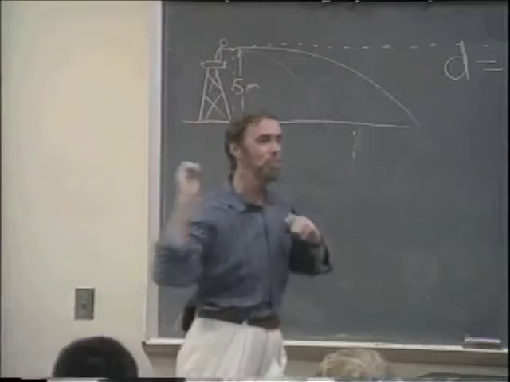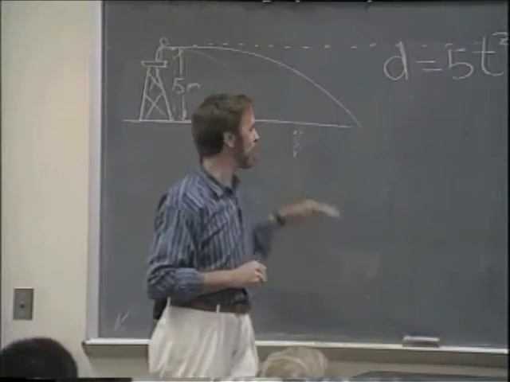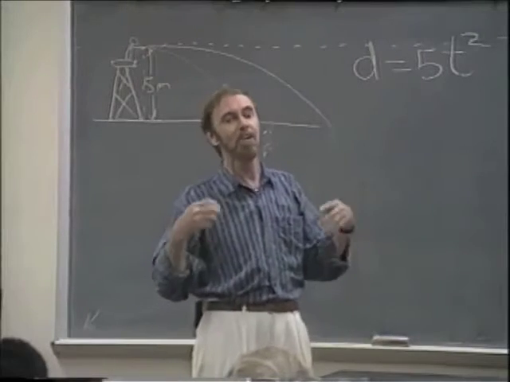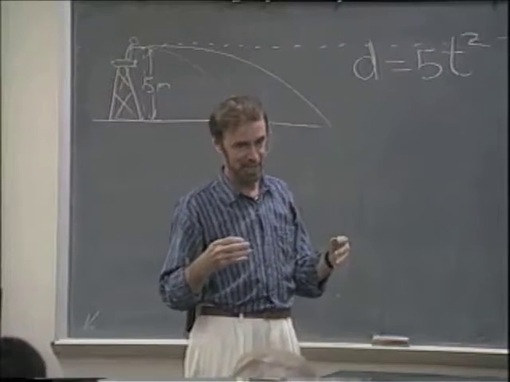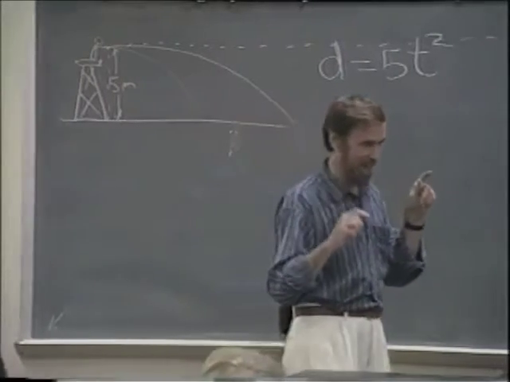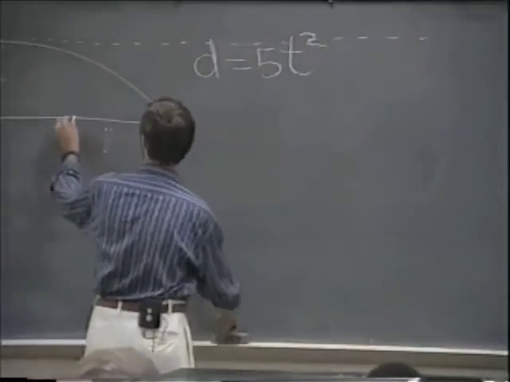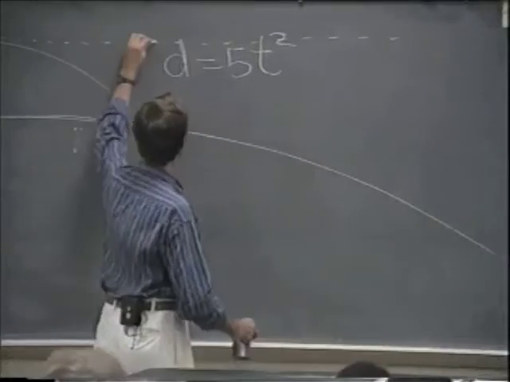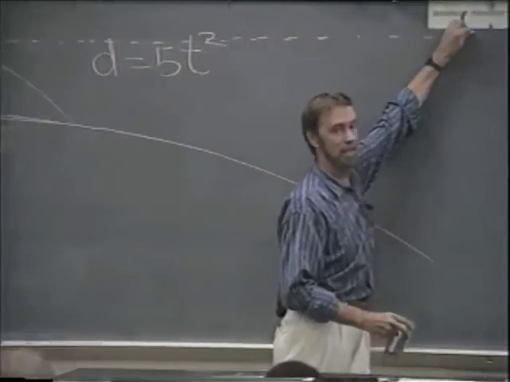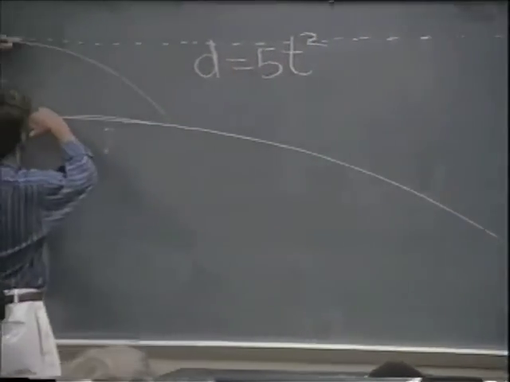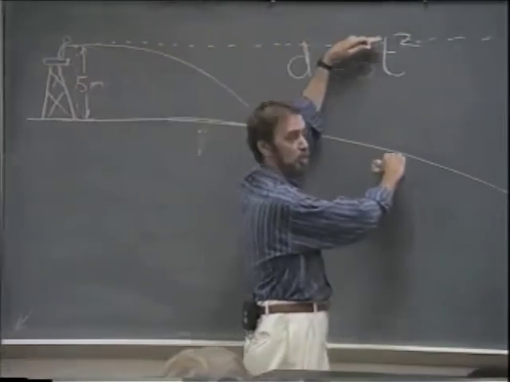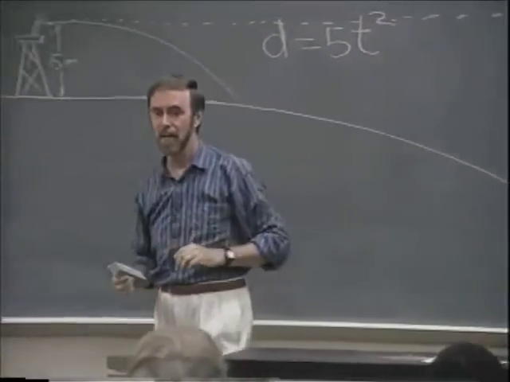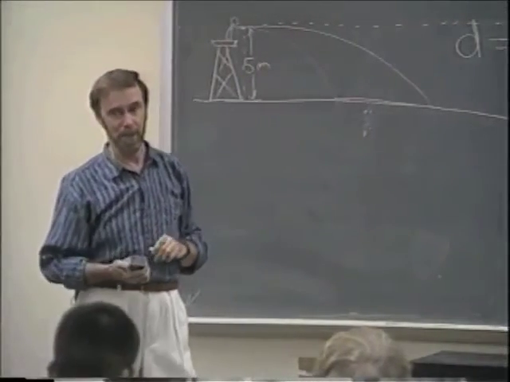Let's suppose I threw it really, really fast, so fast that the curvature of the world played a role. A second or longer than a second? Longer than a second. Can you kind of see that? Because let's suppose I talk about, here's my straight line. It might be 5 meters here, but here it's going to keep getting more and more and more than 5 meters. So it will be in the air for a longer time when you take Earth's curvature into account.